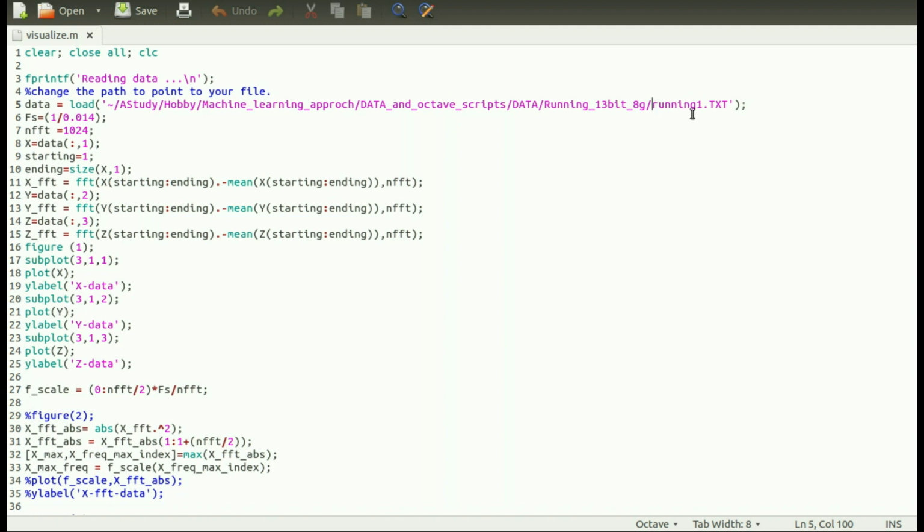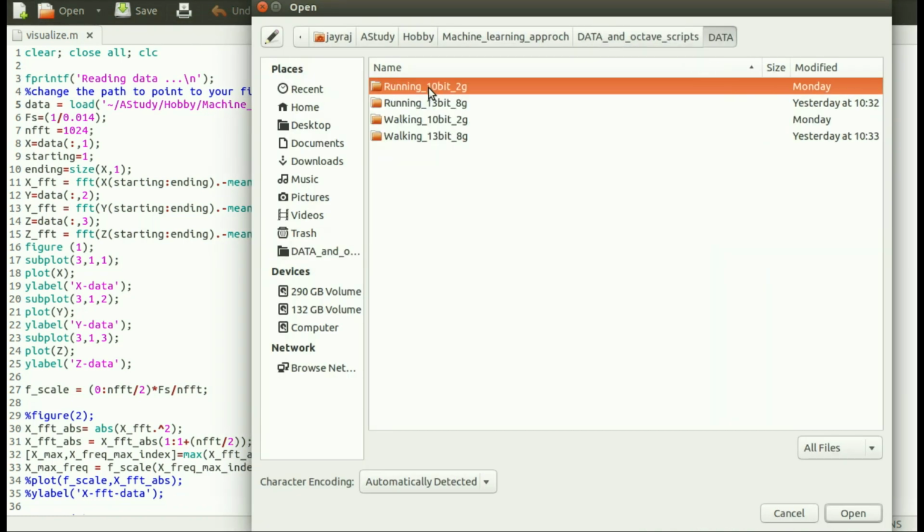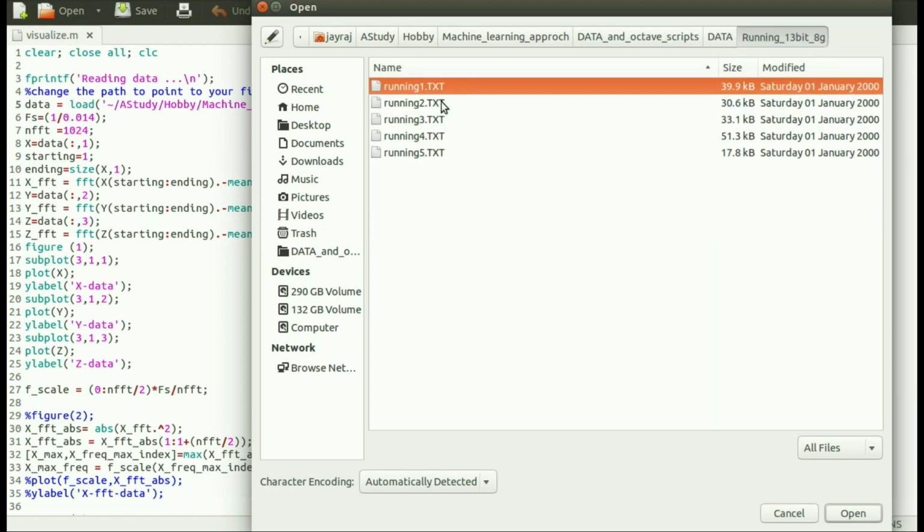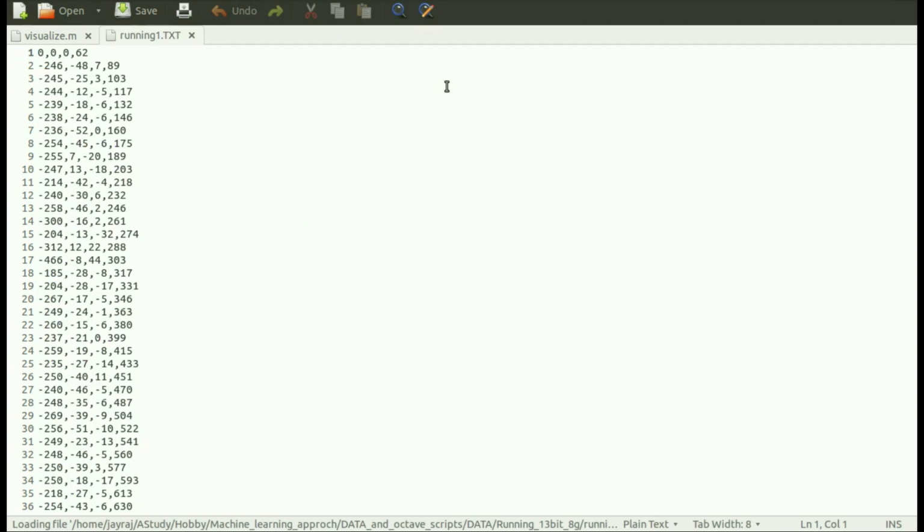So that I can effectively explain this load part, let's look at the syntax in which this running data is stored. I'll just open it for you guys. Here is the running data, and this is the file we are reading.